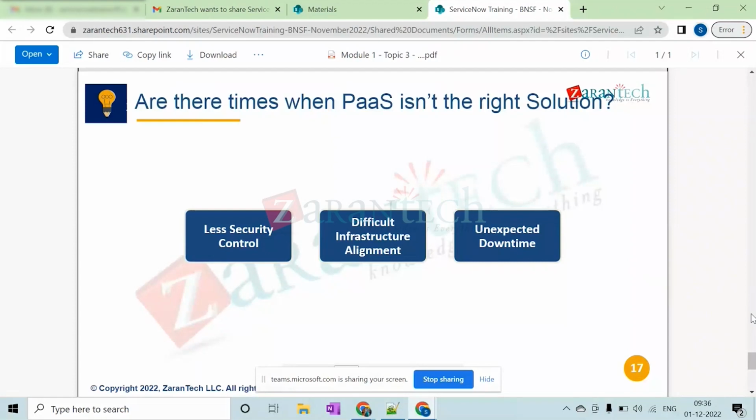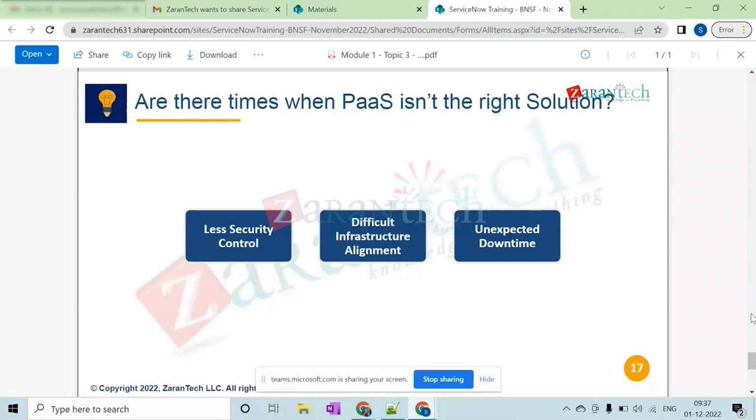See, these are the points which I was expecting. There are times when PaaS is not accepted a lot. Still, PaaS has been used. It is not completely eradicated from the market, it is not that no organization is using PaaS. People are still using PaaS. But as per my real time scenario, because I have also worked on PaaS at some point of time,